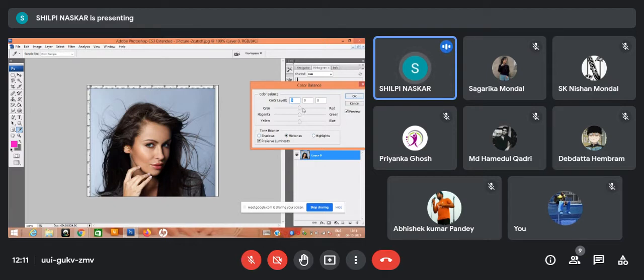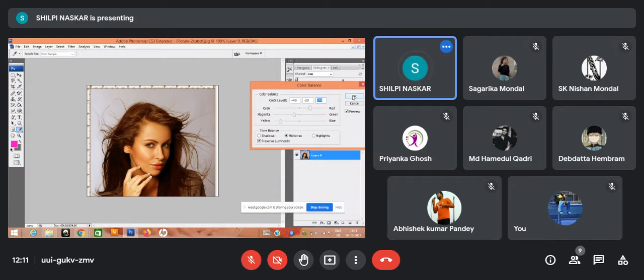You can make it reddish, you can make it a little bit reddish with blue. So this kind of color balance you require for this particular image.